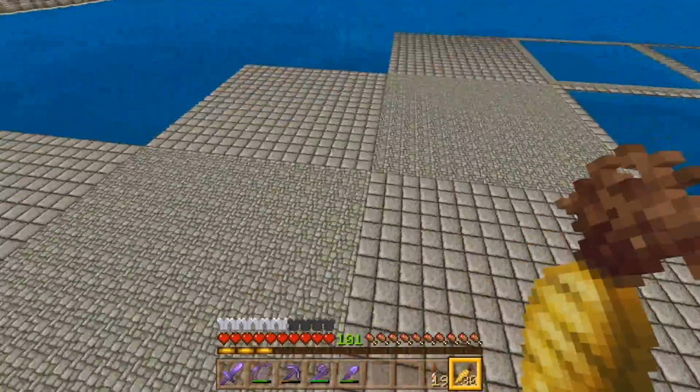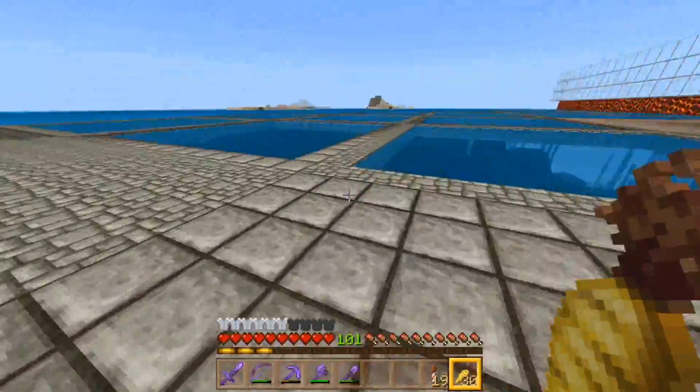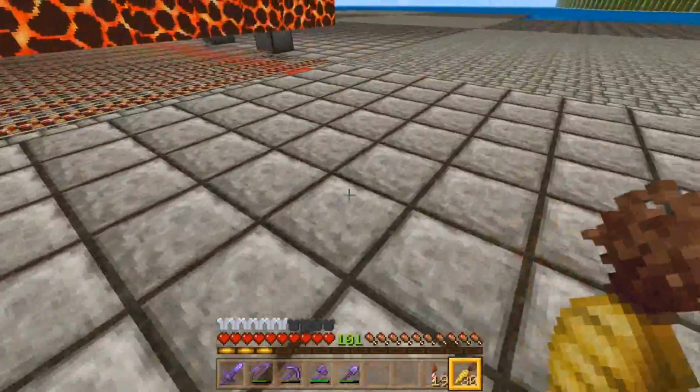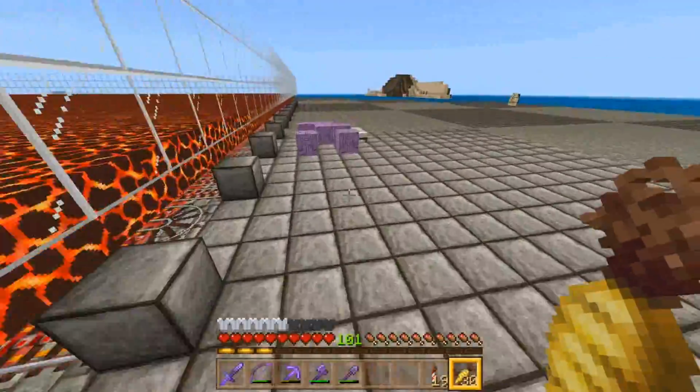I have the cobble to do this part, but I need more of the stone to do this part, which doesn't have to be a grid, but it looks kind of cool. And the tree I'm following did it as well. And I was like, that looks cool. I'm going to do that as well. So,